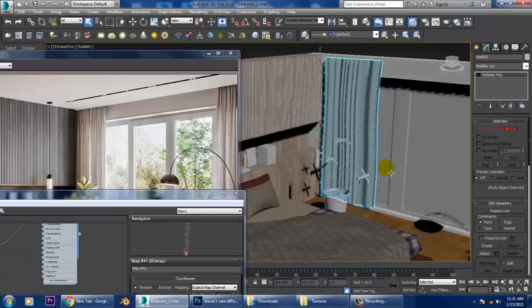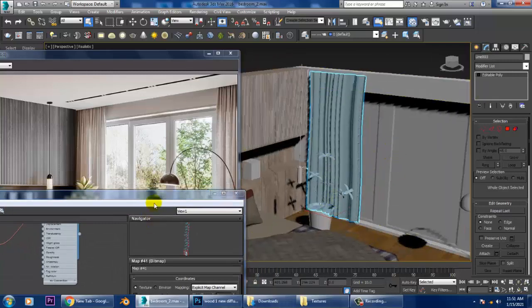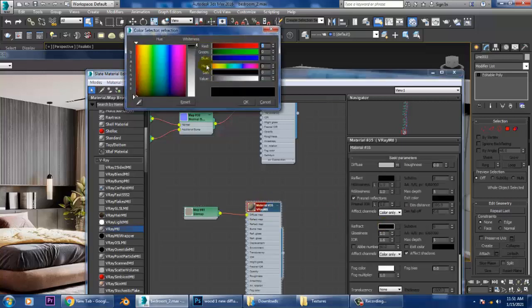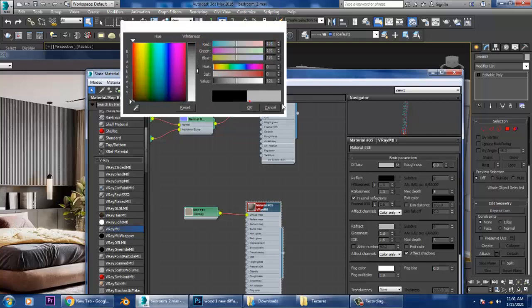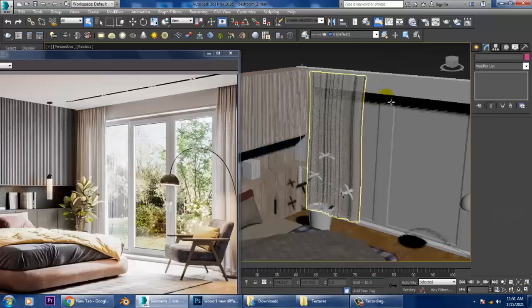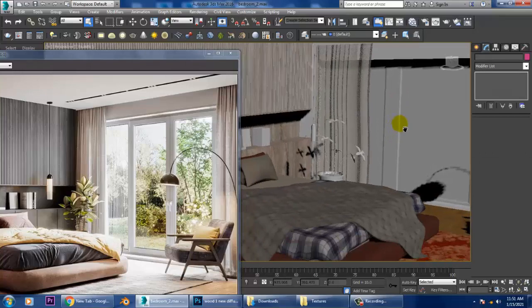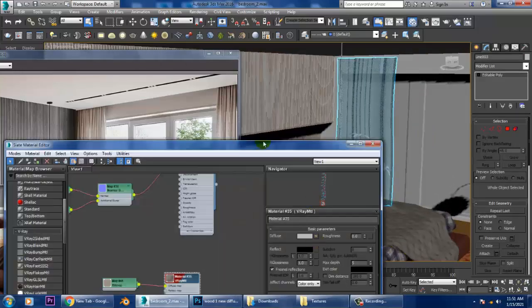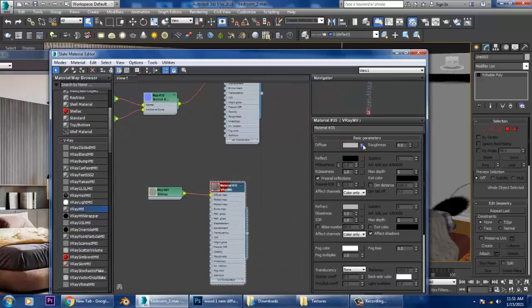Texture this and go into this. You can give a bit of refraction for transparency in this way. You can assign this kind of texture if you want, or if you want to go with some other texture, let's check out some other texture also.